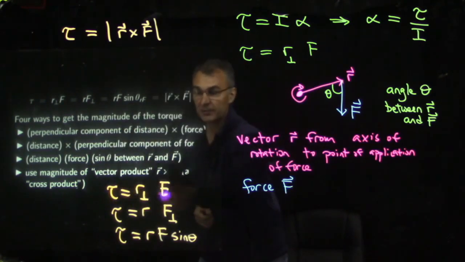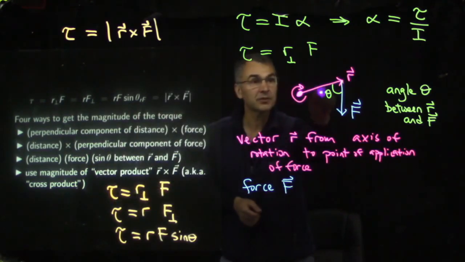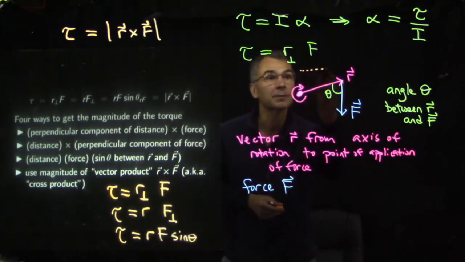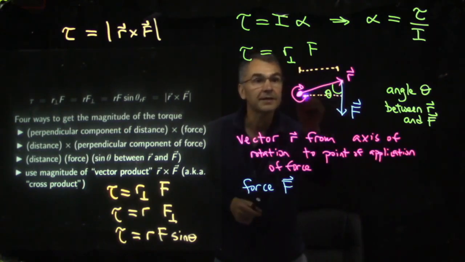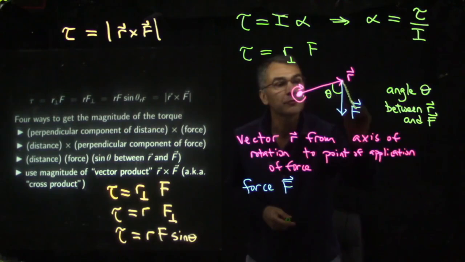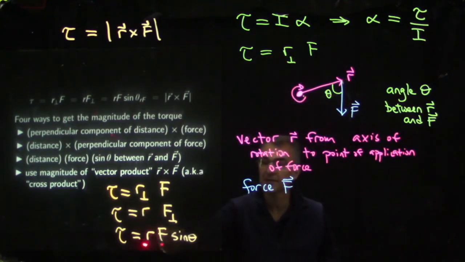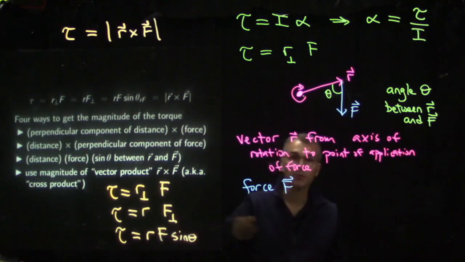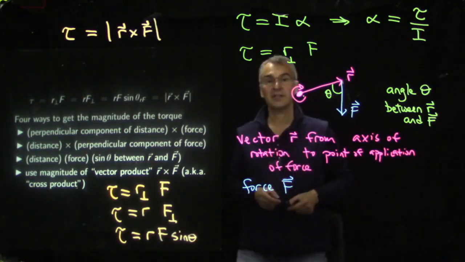So we can say the magnitude of the torque is the perpendicular part of the displacement times the force. In this case, the perpendicular part of the displacement would be picking out this component like that, or we could pick out the perpendicular part of the force like that, or we can take the entire displacement magnitude times the entire force magnitude times the sine of the angle between the displacement and the force. And again, we use the sine to pick out the perpendicular part. Remember, when we did the dot product, we were using the cosine to pick out the parallel part. In this case, we're using the sine to pick out the perpendicular part, and that's because, in exact analogy